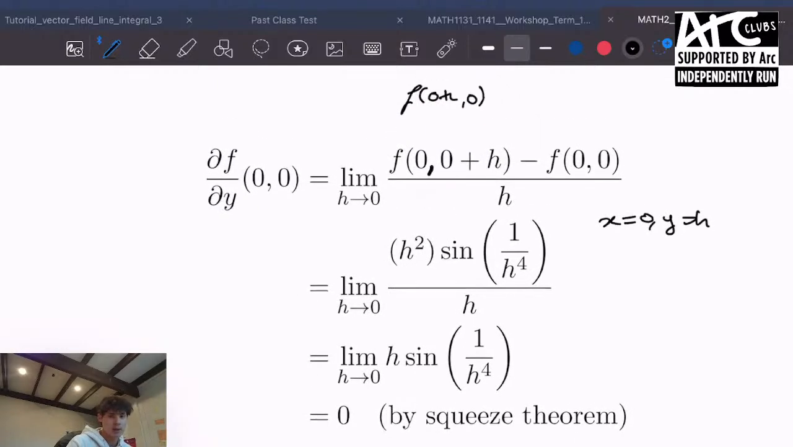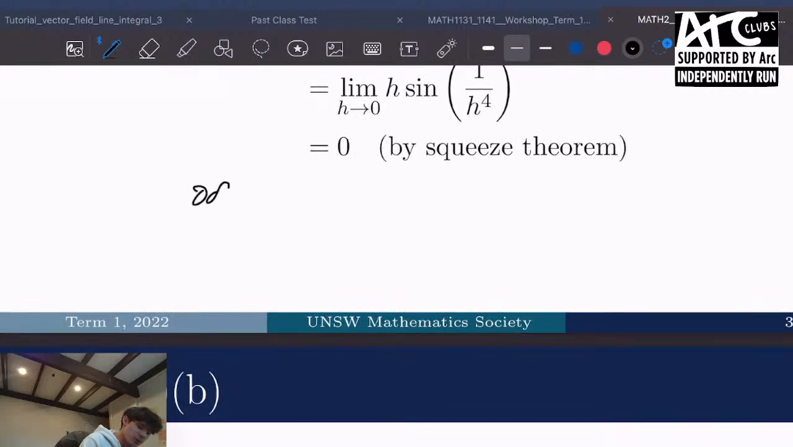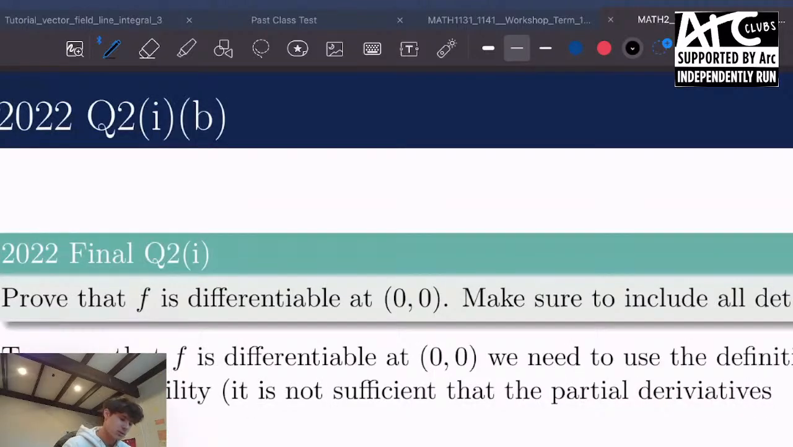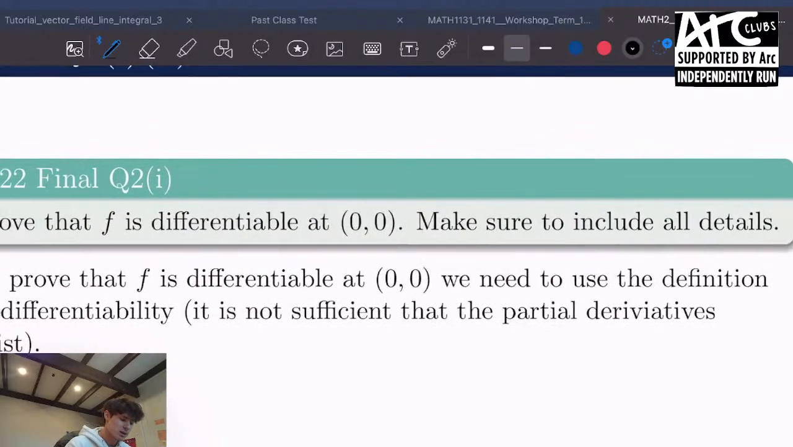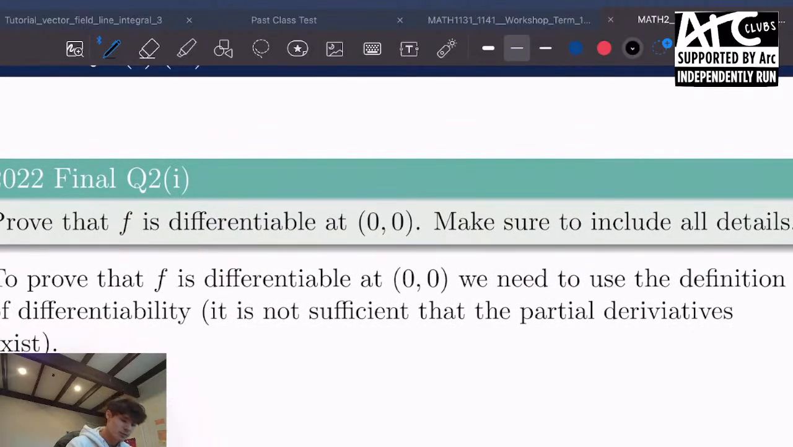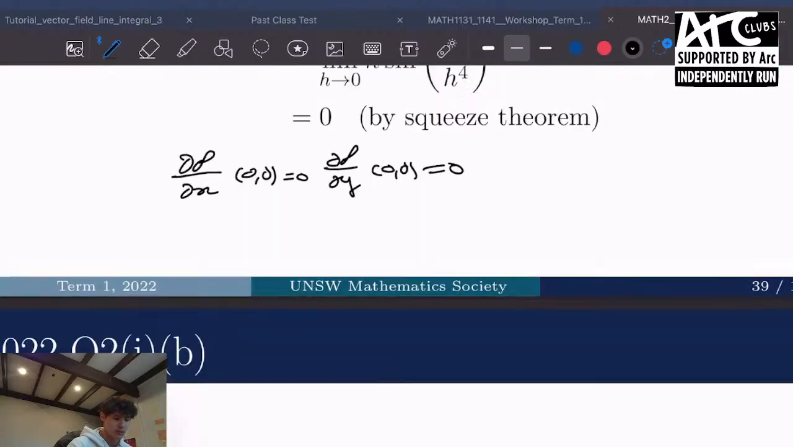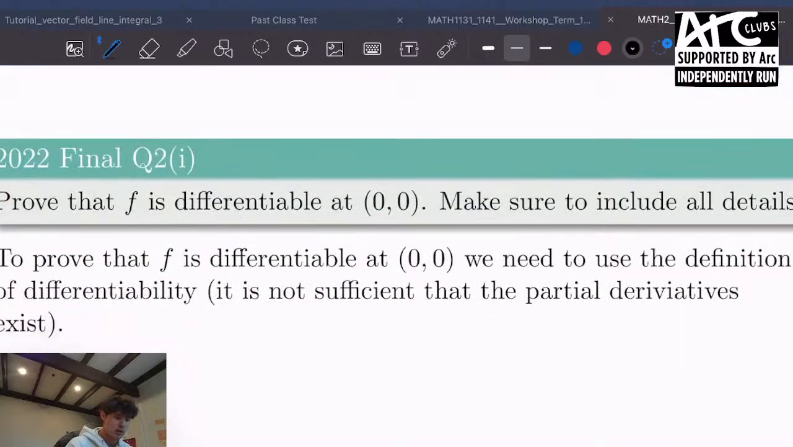Okay, that equals 0. So we've shown that both of the partial derivatives at the point (0, 0) are 0. Okay, so we found both of them to equal 0. Now the next part of this question is to prove that f is differentiable at the point (0, 0). So remember what I said, we can't just use the fact that partial derivatives exist to show that it's differentiable